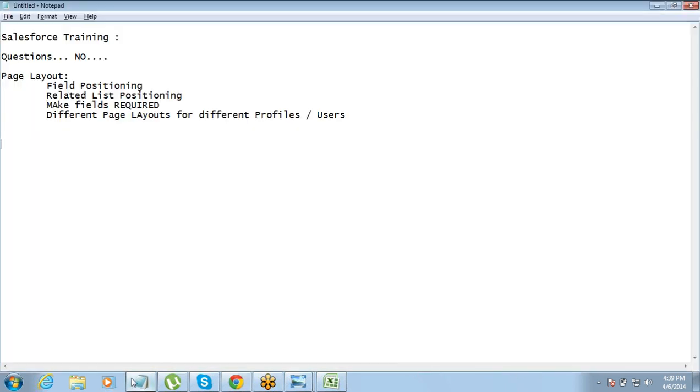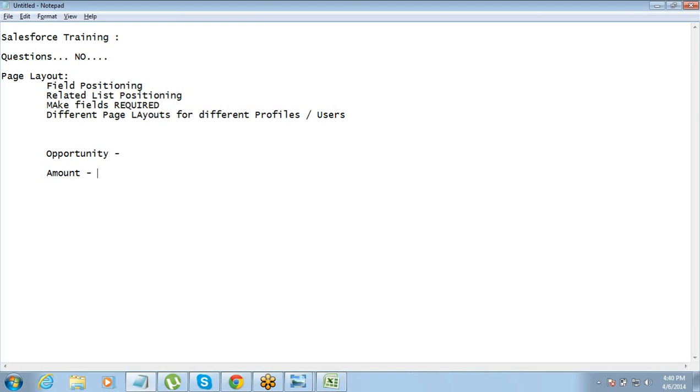If, let's say, we uncheck that option, say okay, this field is not required. So let's say you have an object called opportunity. In that you have a field called amount, okay, and you want amount to be a required field. Now there are two ways of making it required. One way is while you're creating the field, at that time we had the option of making it required, right? There's a checkbox, we can check that.